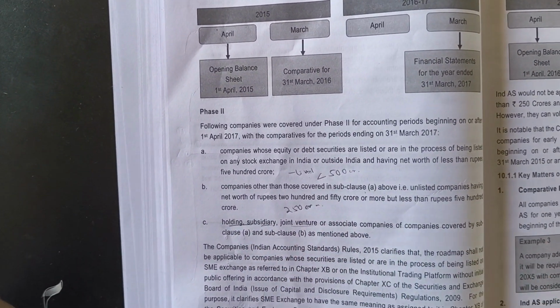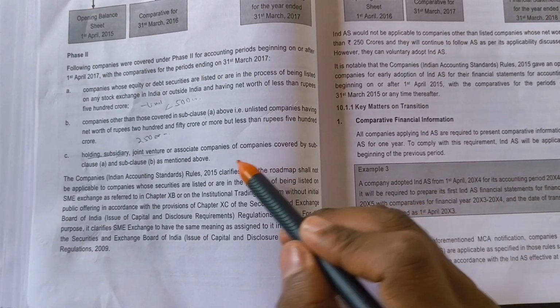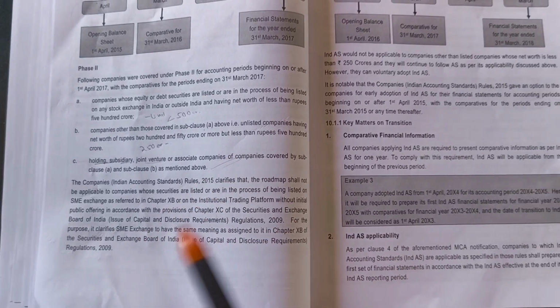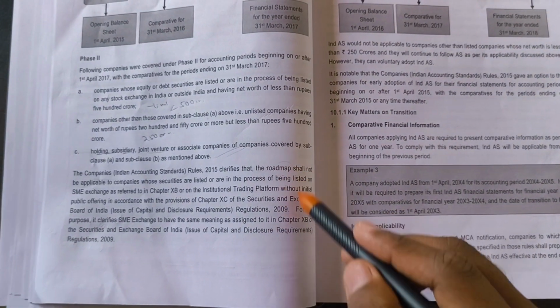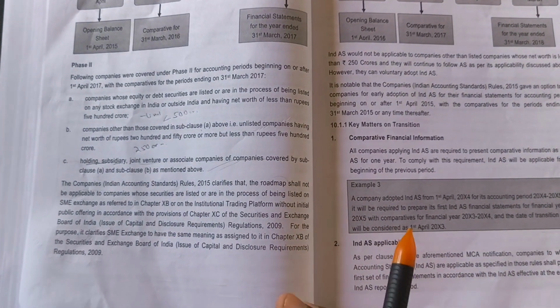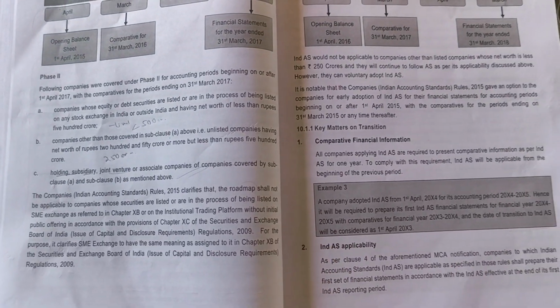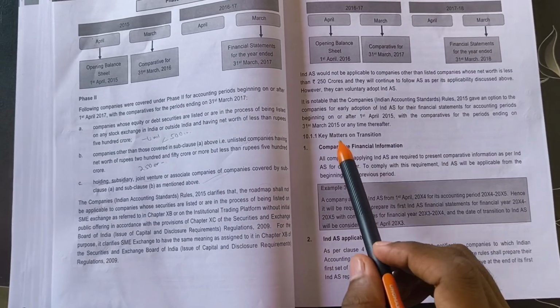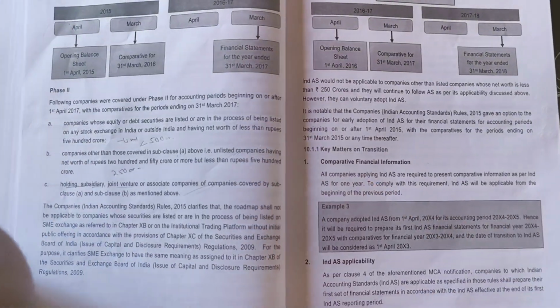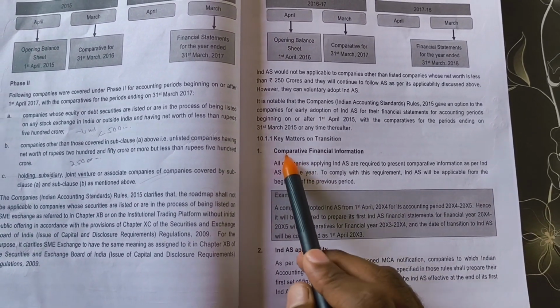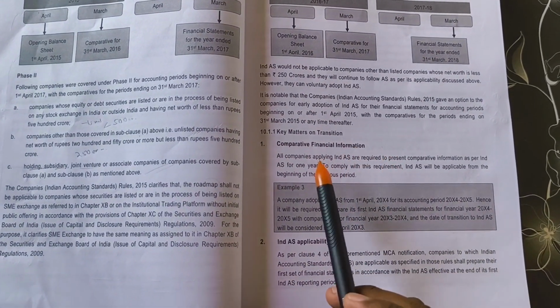So until here we have finished. I hope you understood. Leave this part, it's not relevant for the examination, so it's better we leave it. We'll understand from here. So, key matters in transition: the comparative financial information, all companies applying